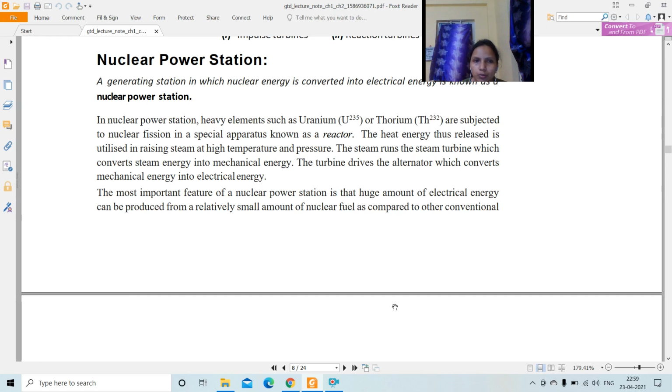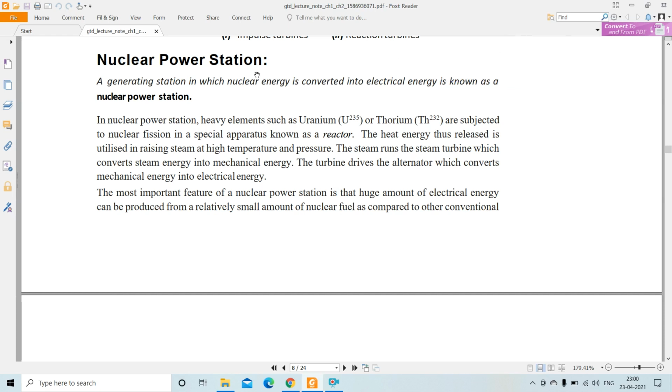So today we are going to study the topic nuclear power station. After studying this, we will be able to know the operating principle of a nuclear power plant, and its advantages and disadvantages. We can compare the nuclear power plant with the other two power stations, hydro and thermal power station. Then we can know which power station operates at what efficiency. Okay, so let's begin with the nuclear power plant.